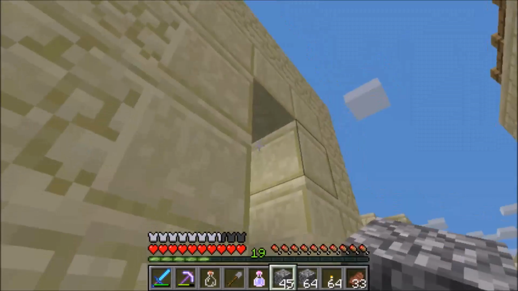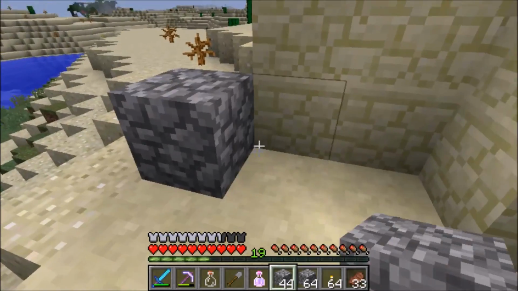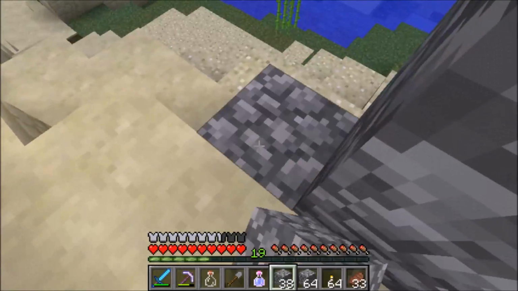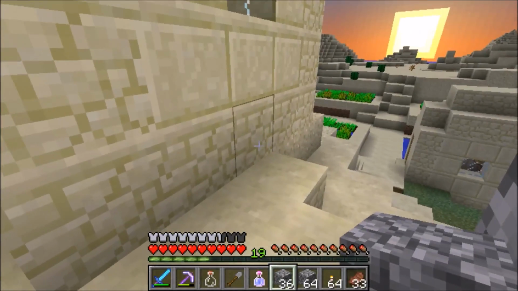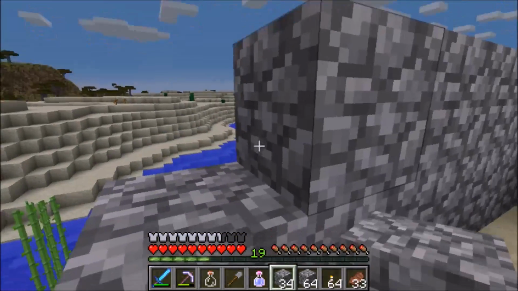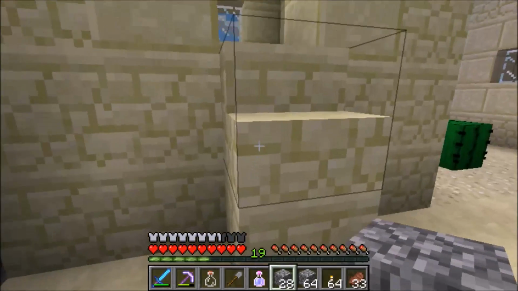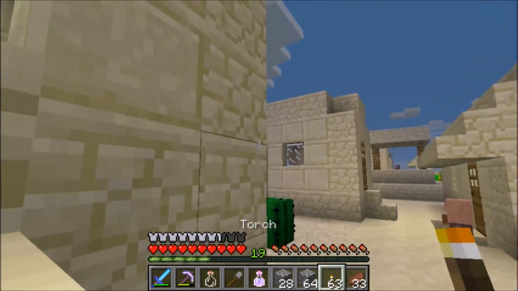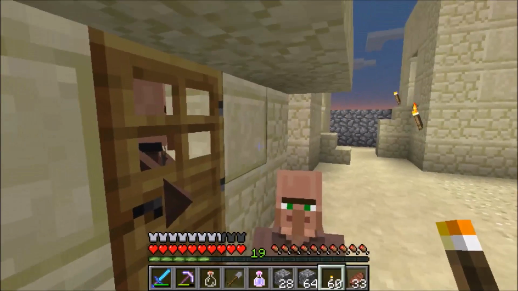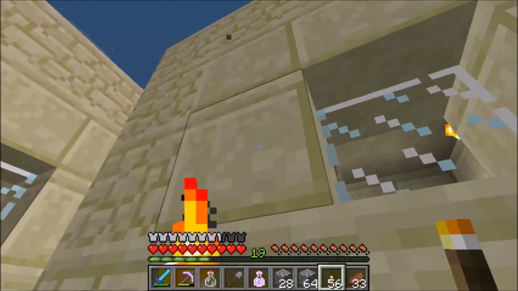And let's build the wall along here. He's coming to check out what I'm up to. I'm not doing anything bad, don't worry, sir. And that house down there, I think what we'll do at this stage is start putting lanterns up to keep everybody safe. I tend to put